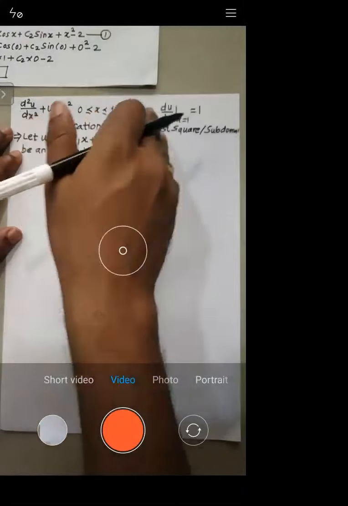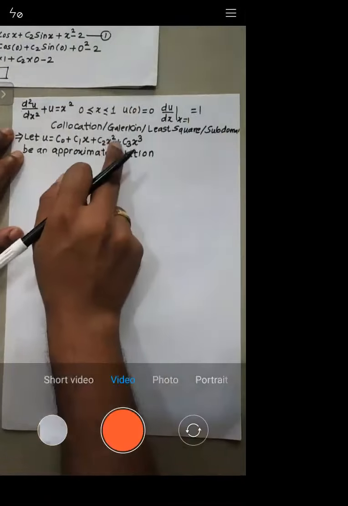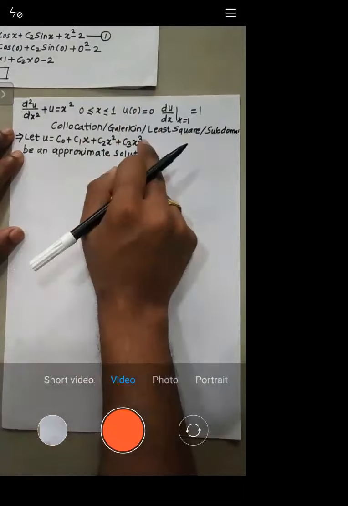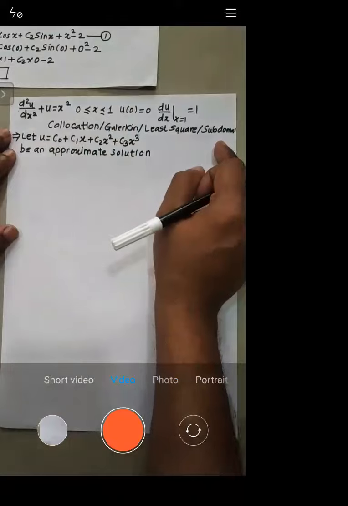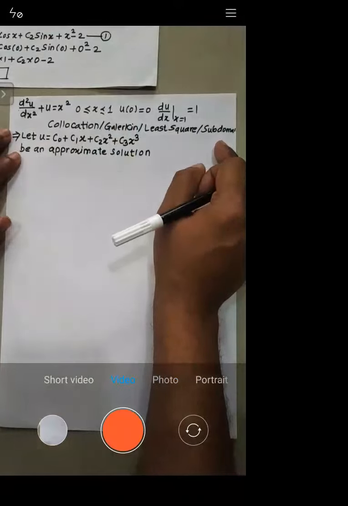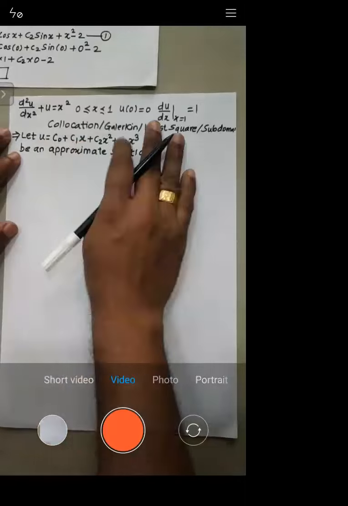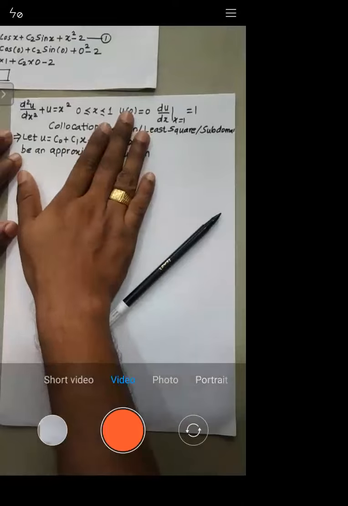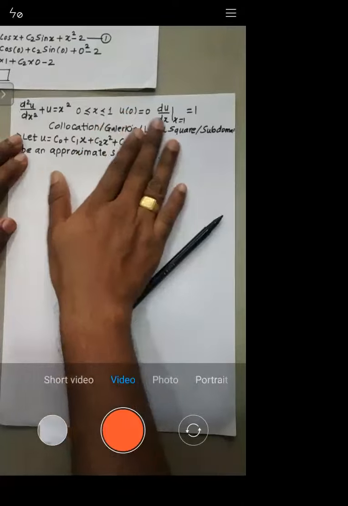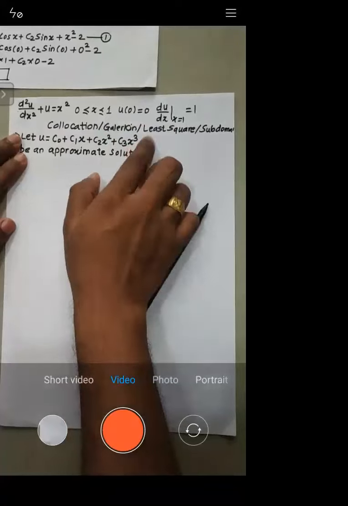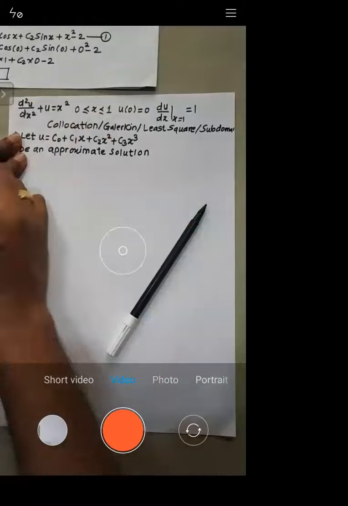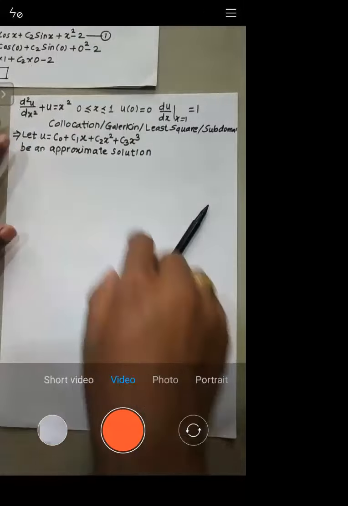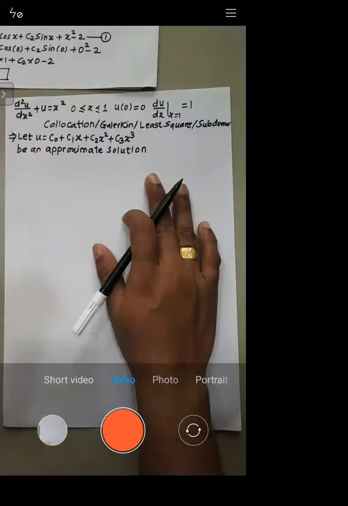See, the number of constants you increase means the power of x you are increasing, right? So when you keep on increasing the power of x, your equation becomes more and more complex, but at the same time, your answer becomes more and more close to exact, right? So by only taking c0 plus c1x, obviously you will get an answer. But if you use a power at least 1 greater than the order of the given differential equation, there are more chances that your answer will approach the exact answer. Is it okay?